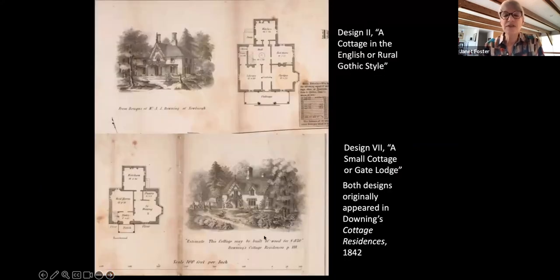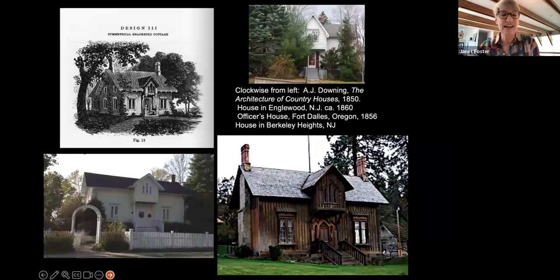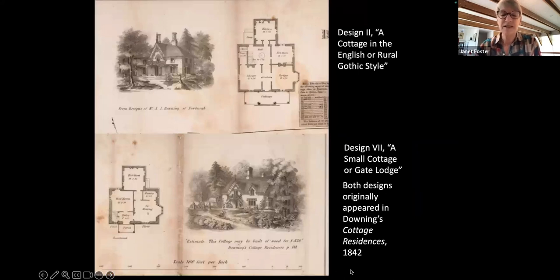This is the other house that is in the upper part of the Deering map for laying out Irvington. Cottage may be built of wood, and it is a cottage residence known as a small gate lodge. Those steep peaked gables across the front, often with barge board, which is what we call the trim. Gingerbread is a Christmas confection. It is not an architectural term, even though I know people say that. I know what you mean when you say it, but let's be correct and call it